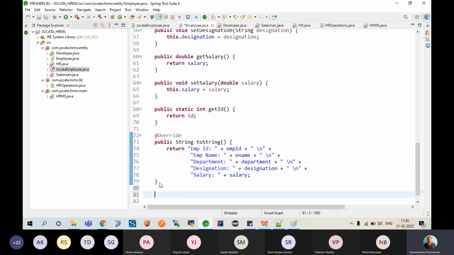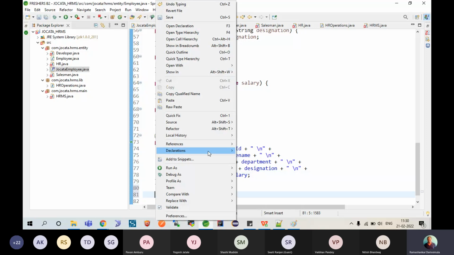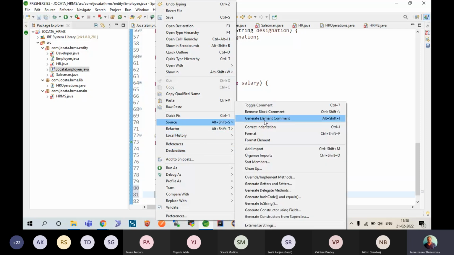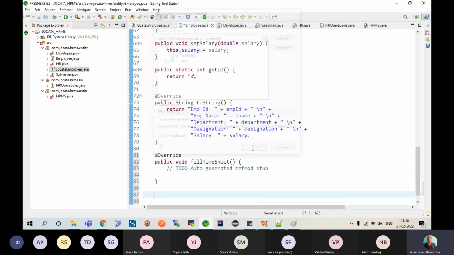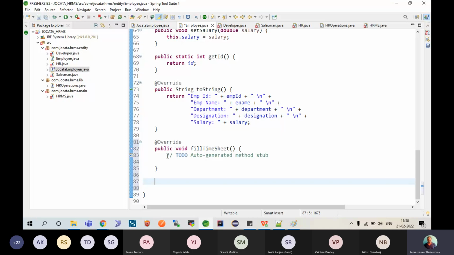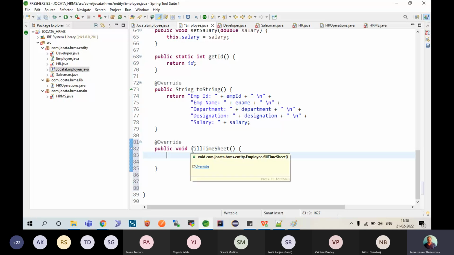I'll try to override one of my superclass methods, which is to implement the method fill the timesheet. I am not implementing job role, I am filling the timesheet. So here I'm trying to implement 80% of the behaviors defined by my root model, which is Jakarta employee. So here I'll say system.out.println